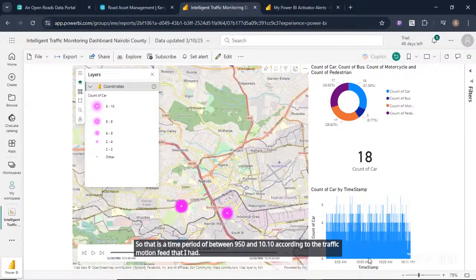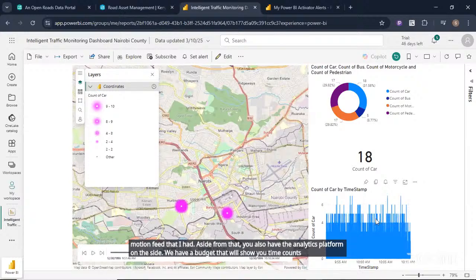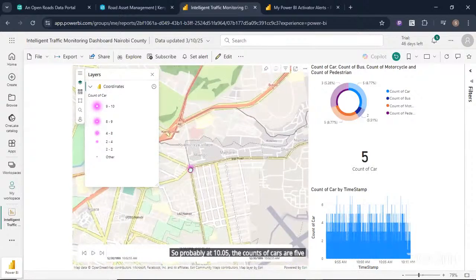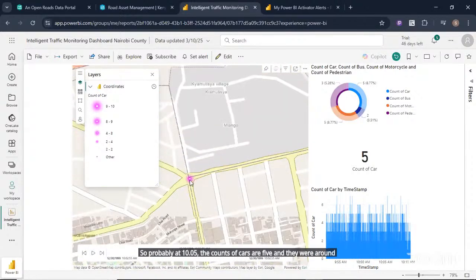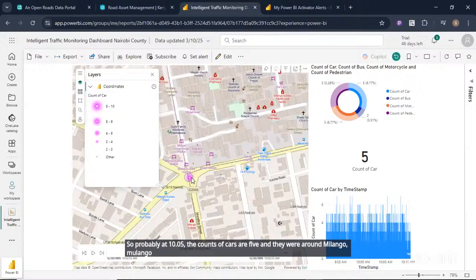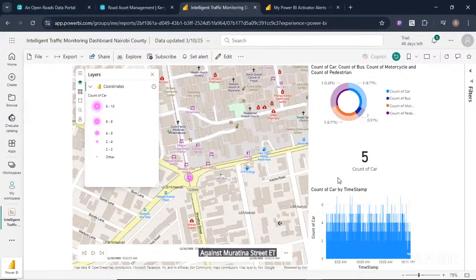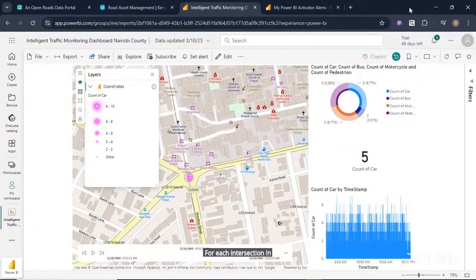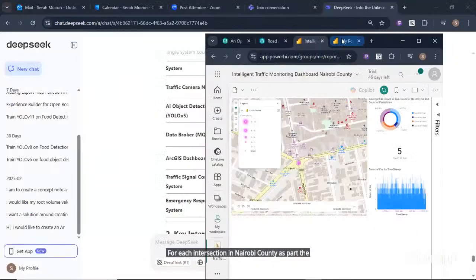Aside from that, you also have the analytics platform on the side. We have a bar chart that will show you time counts at specific times. So probably at 10:05, the counts of cars were 5, and they were around Mlango, this intersection. This is Mlango Kubwa, against Muratina Street, etc. So this will enable the Intelligent Traffic Safety Department to understand how traffic moves for each intersection in Nairobi County as per the pilot phase of